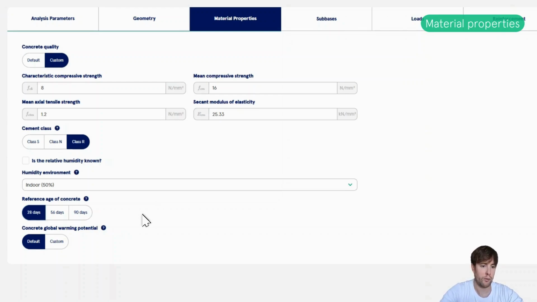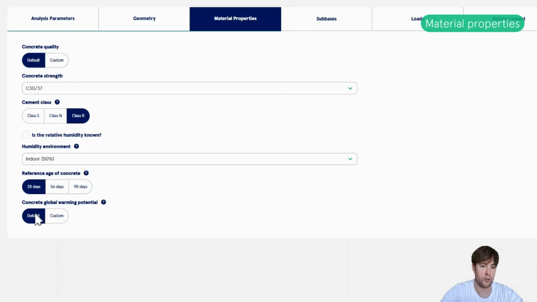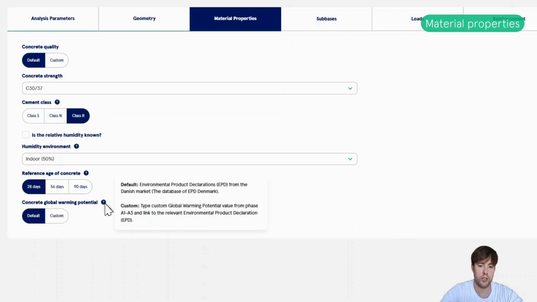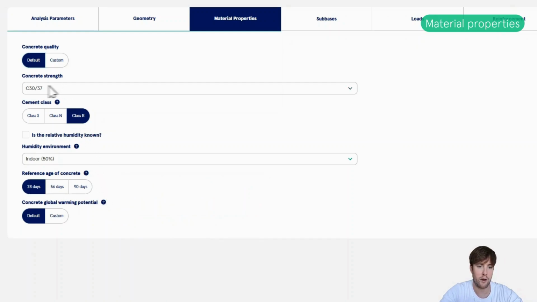Lastly, under material properties, the program also automatically calculates the CO2 emission from phase A1 to A3 at the moment. If you choose default, I'm going to go back here to default. If you choose default, it will use the global warming potential GWP values depending on EPDs from the database on EPD Denmark, based on this concrete strength class that you've chosen up here.